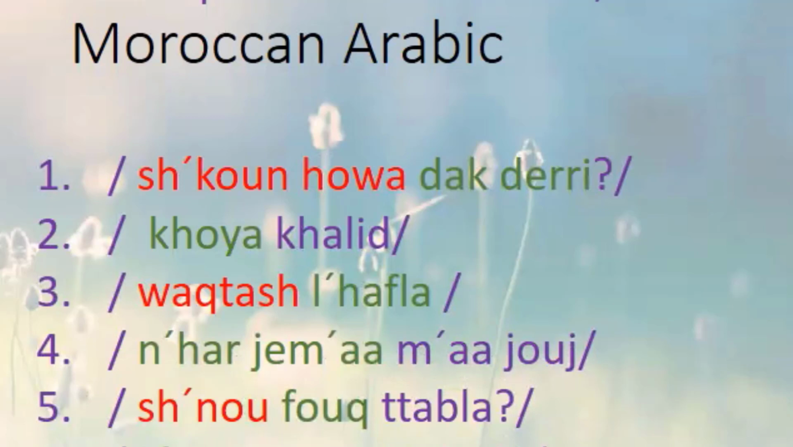Let's go to number 5. What is on the table? شنو فوق الطبلة؟ So what is شنو? On is فوق. Okay, and there is تحت. These are prepositions of place. The table طبلة. So طبلة is feminine. The plural is طبالي. All right. So what is on the table? شنو فوق الطبلة؟